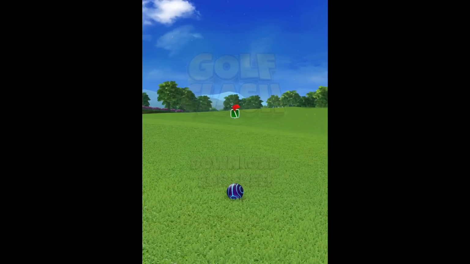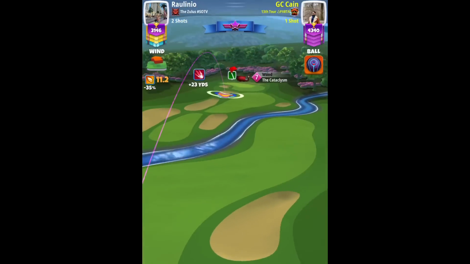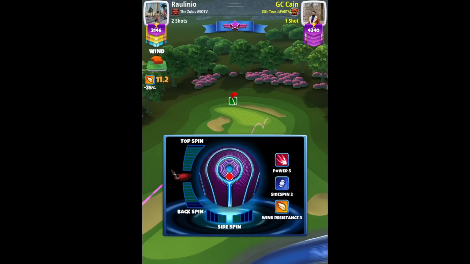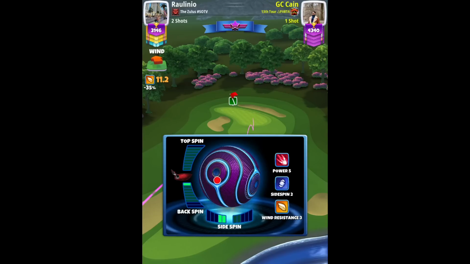369 here. Second shot will be played with your power Whitlup, Cataclysm or the big dog, in my case Cat level 7, keeping the red ring touching the rough on the left, and then I apply 2 left spin and 1.4 back